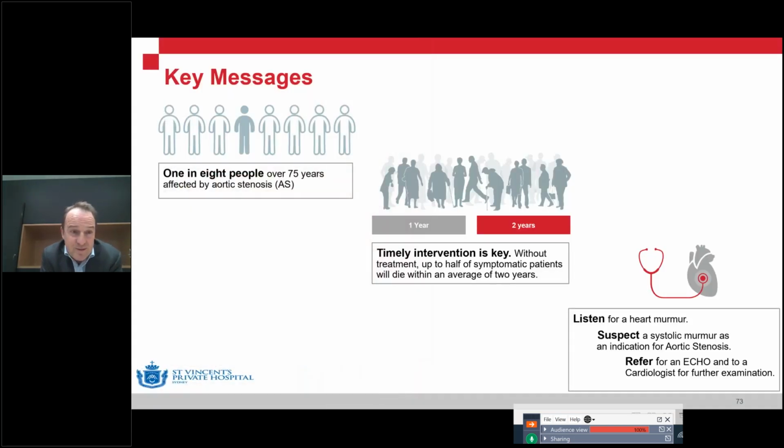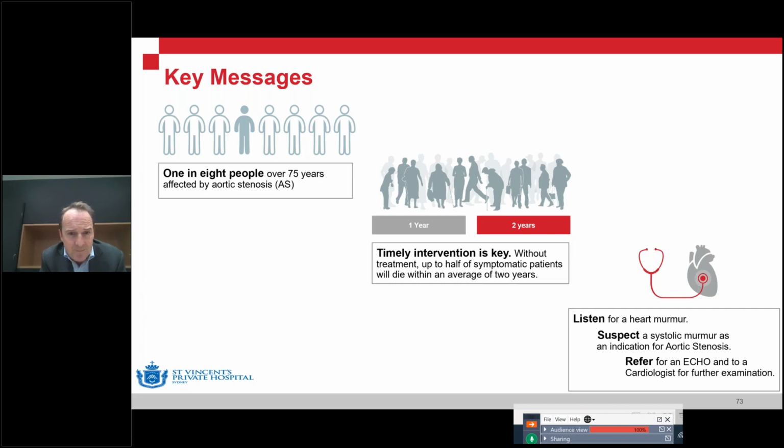1 in 8 people over 75 years is affected by aortic stenosis. Timely intervention is key. Without treatment, up to half of symptomatic patients will die, with an average survival of 2 years if they're not treated. So whenever you have somebody who has any symptoms, and even somebody who is elderly who